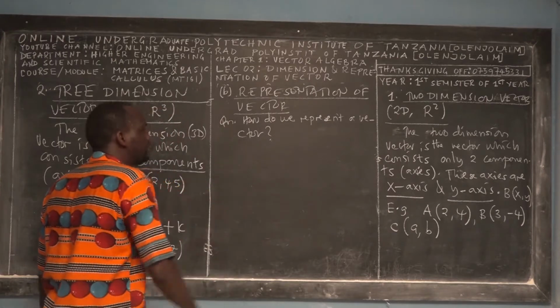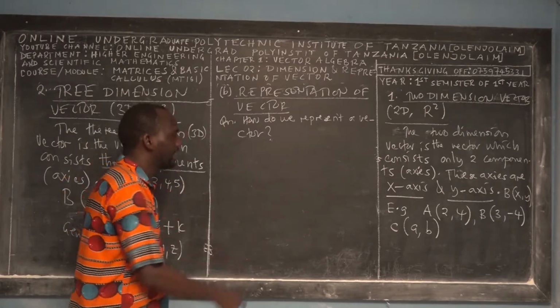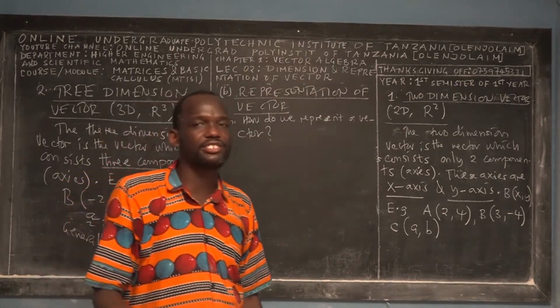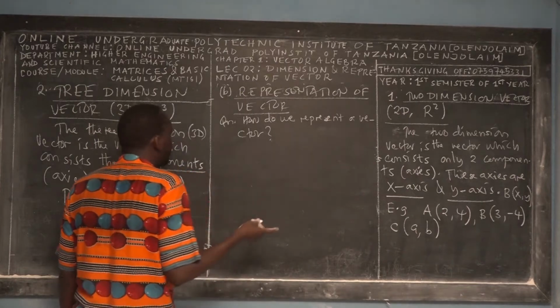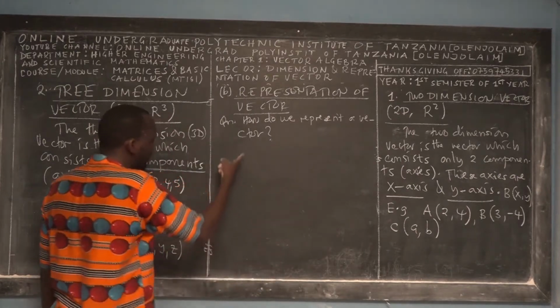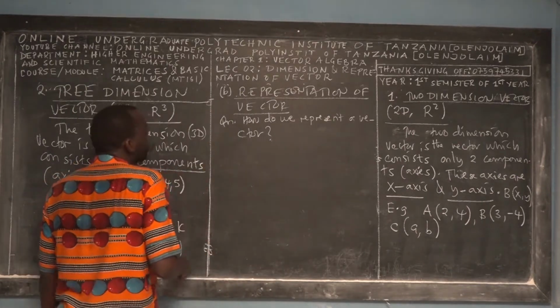So somebody in Asia, if I write a vector and maybe publish online, has to understand what I mean, even if he or she doesn't understand my language, because there's a mathematical language. So he said that